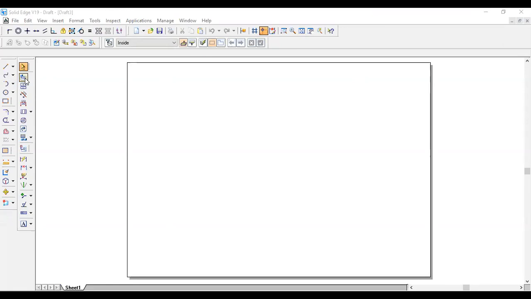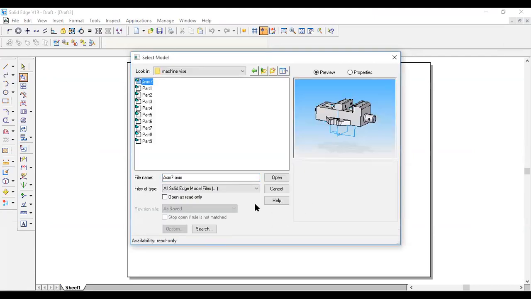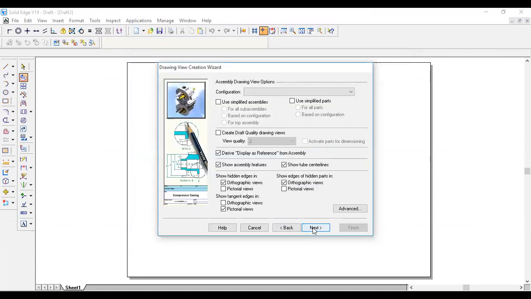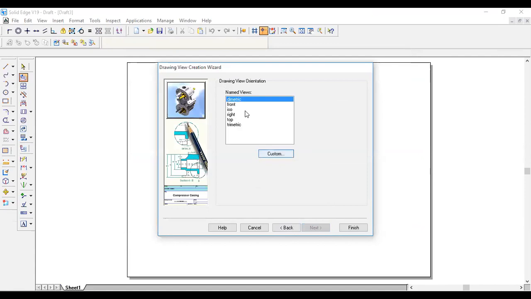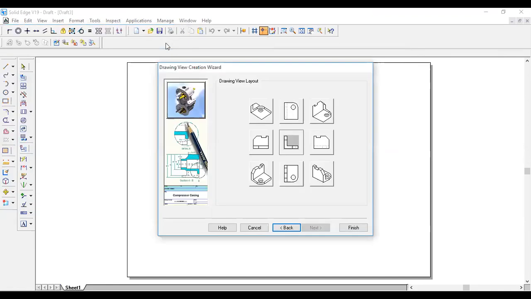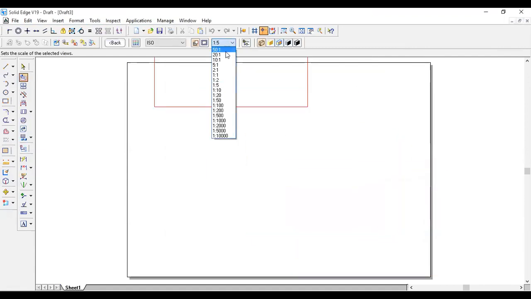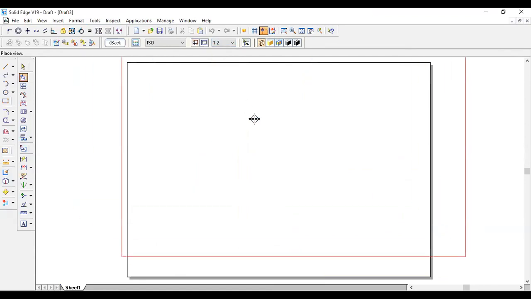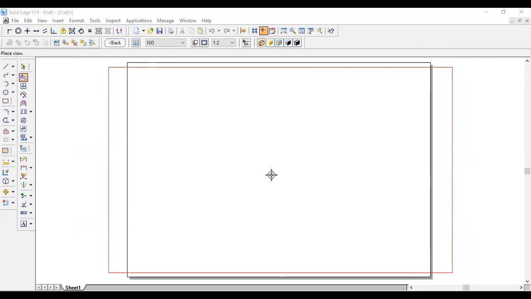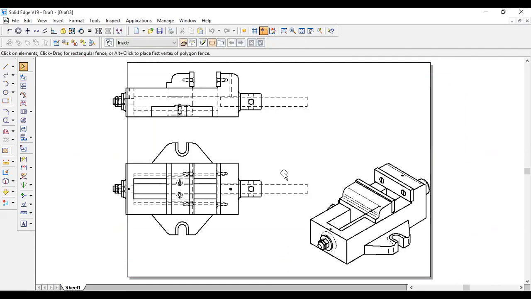Then go to drawing view wizard. Select the machine vise assembly part and open. This is the common procedure. For name of views, you have to choose custom. In that, again close this window. From the mid view, select the L shape down like this. Then finish. Keep it in 1:2 scale and place it on the sheet.